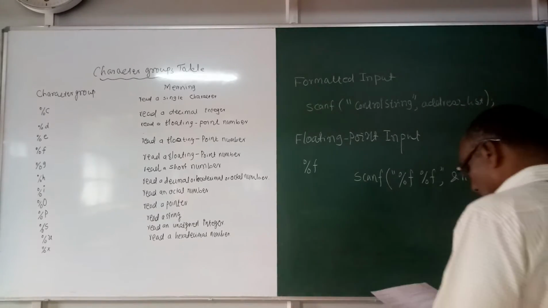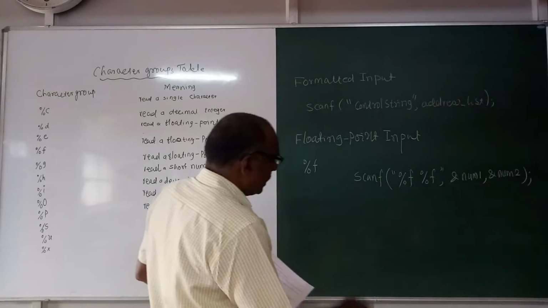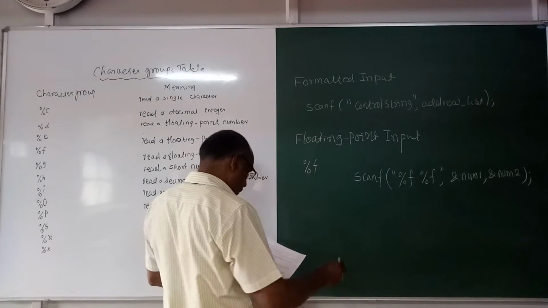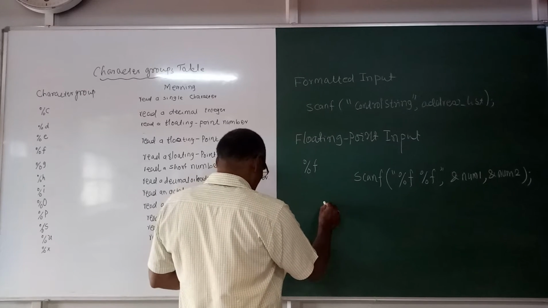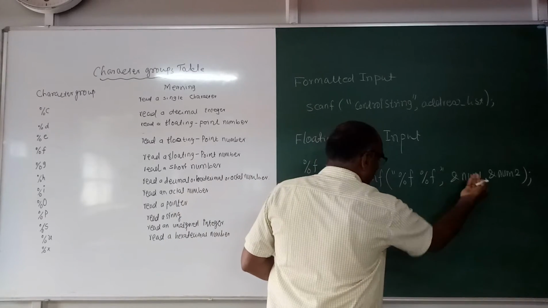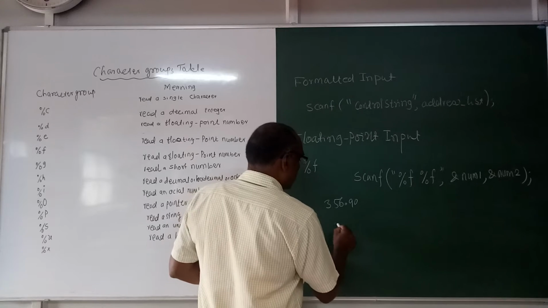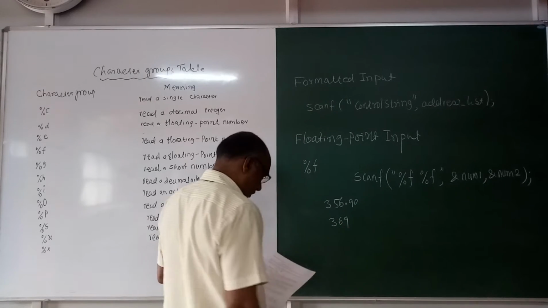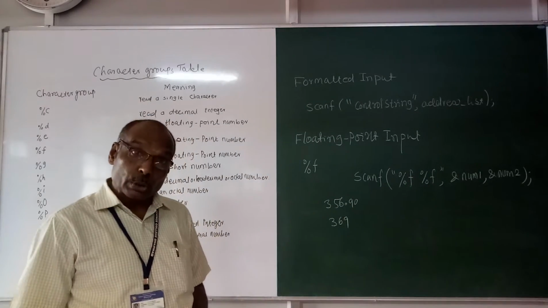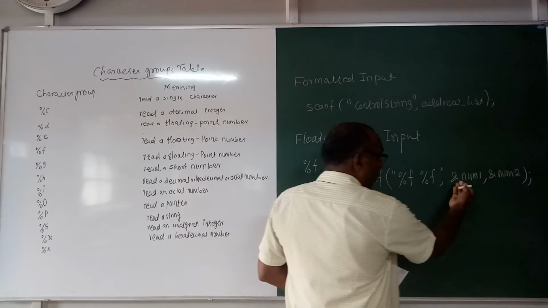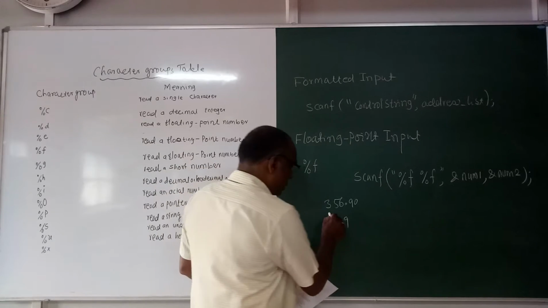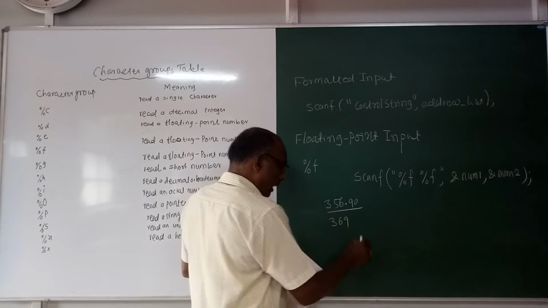Let's continue this. Okay, so here let the numbers NUM1 and NUM2 have values, say 356.90 as the value of NUM1, and for the other it is 369. Okay, so then how will it be stored in the respective memory location? It doesn't display, it stores in the memory location. So this will be stored in a memory location as it is, that is